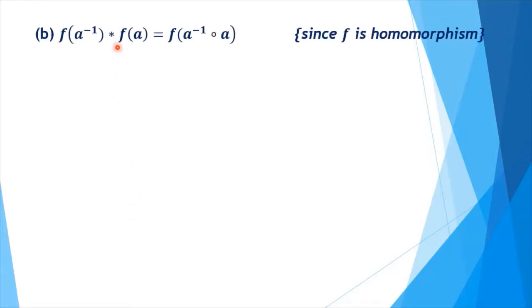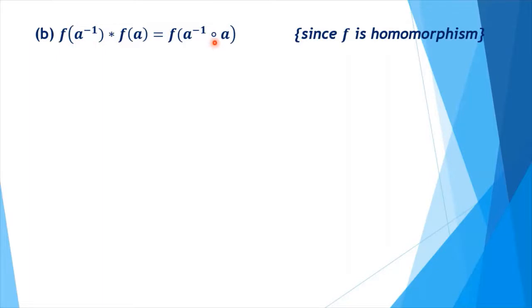Similarly, we shall prove that a homomorphism preserves inverse also. So, we are going to prove that f of A inverse is equal to f of A whole inverse. That is, the inverse of f of A is nothing but f of A inverse. For that, we multiply f of A inverse and f of A. As these two elements belong to the set H, we should use the operation star. By the definition of homomorphism, this can be replaced by f of A inverse dot A. So, like taking f common out, the star will become dot.